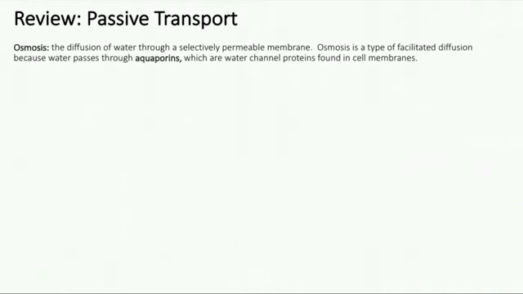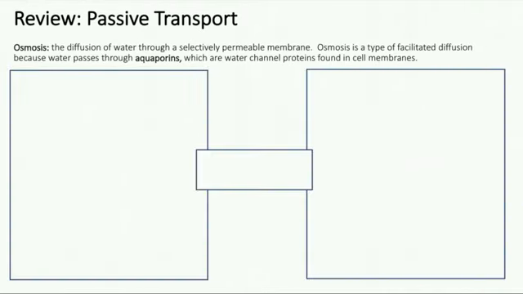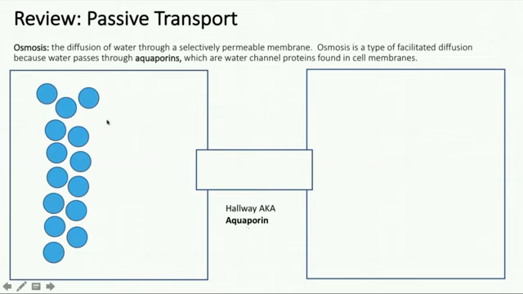Now osmosis. The only difference between osmosis and facilitated diffusion is your protein channel is now an aquaporin, okay, so that's the name of it, and the molecules, the students, are now water. The only difference between facilitated diffusion and osmosis, again, is aquaporin is the protein channel and the students or the molecules are just water. So as they move, it's going to be the exact same thing that just happened, but